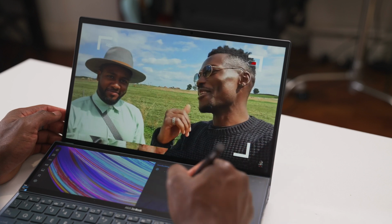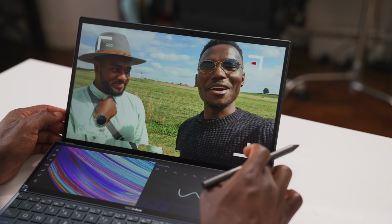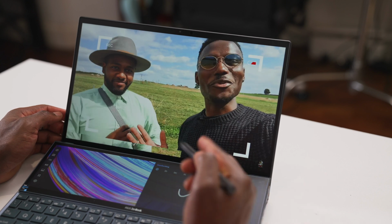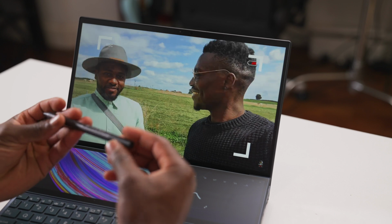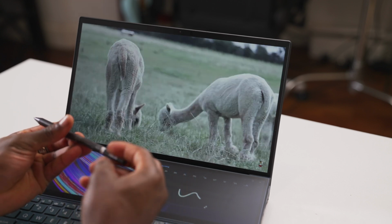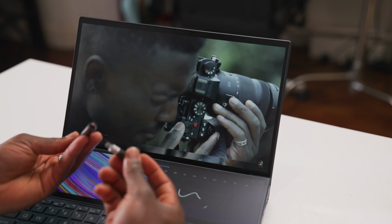Again, the bottom one gives you a 12.6 inch display, 1920 by 515, and it's also got anti-glare, and it's touchscreen with 400 nits of peak brightness. And I love that both of them are touchscreen, so there's different ways to navigate this thing. You can use the mouse pad on the right if you'd like to. You can use the stylus pen that comes in the packaging, or you can just use your fingers as well,